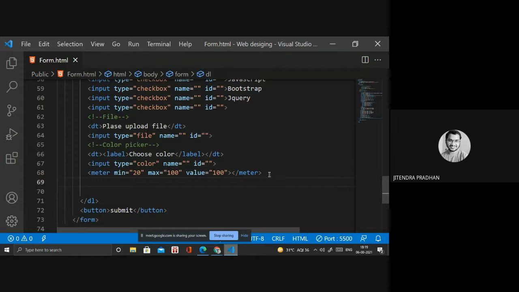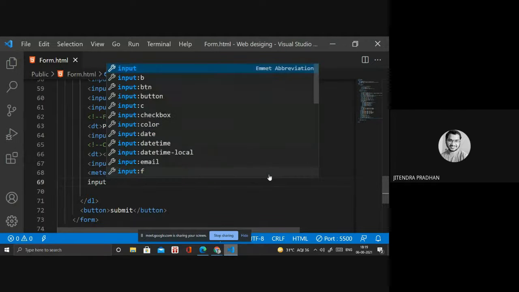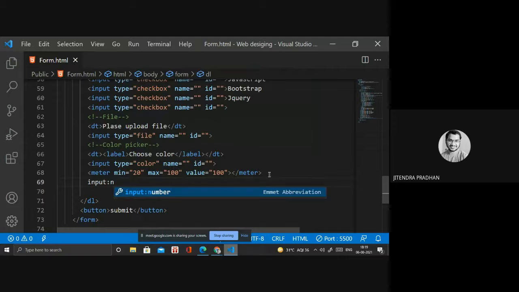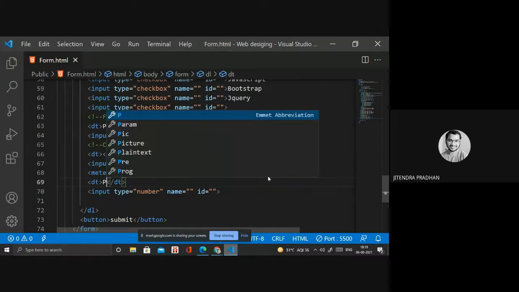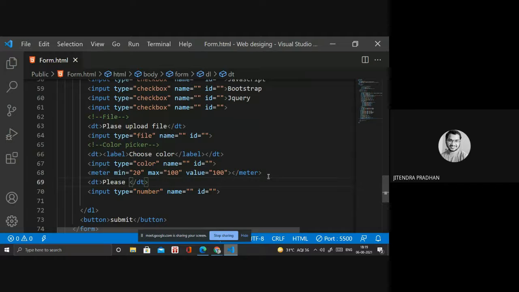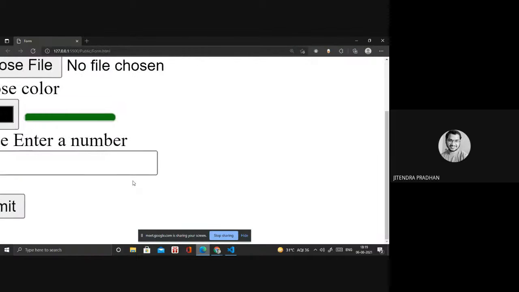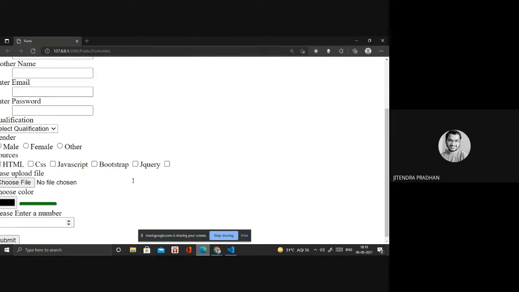So the next thing is type numeric. Let's see, input number. When I write that dt, please enter a number. In that we have please enter the number.